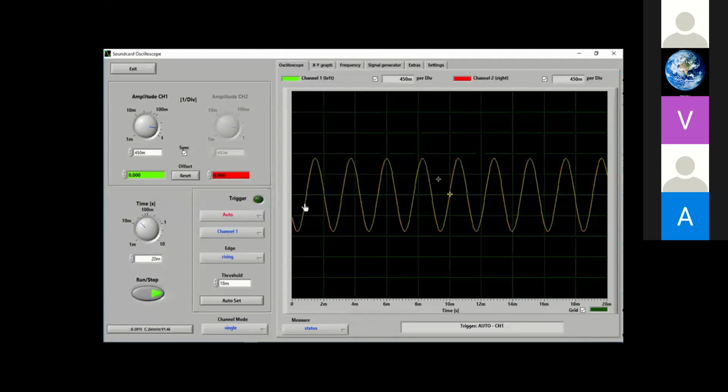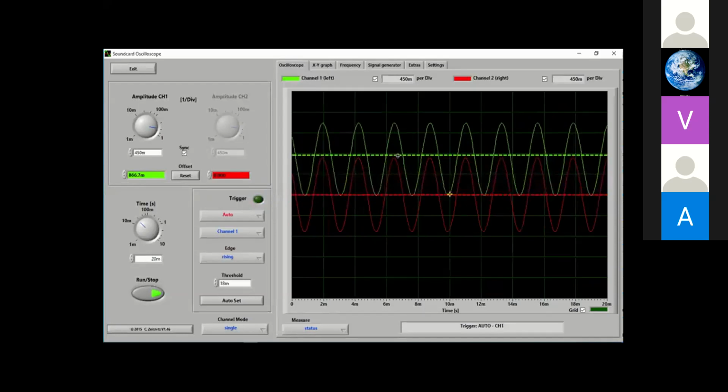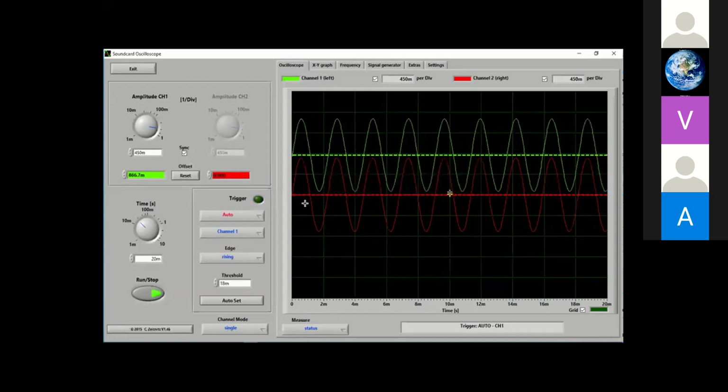That's why they are overlapped over each other. So first let us separate them. To separate them, just come to this offset menu and click here. When you click here, you will see a line. So just hold this line and drag it a little up, so that both these waveforms can be separated.